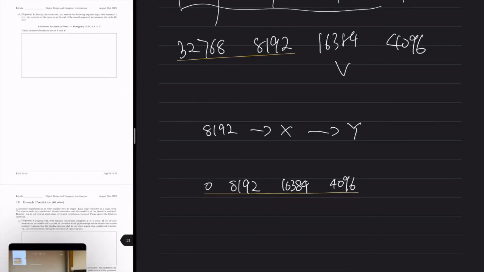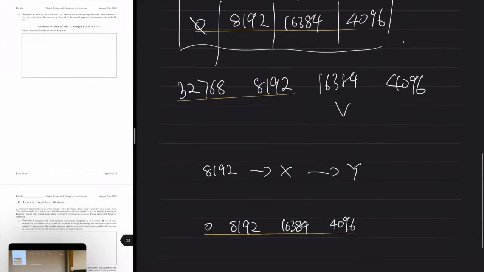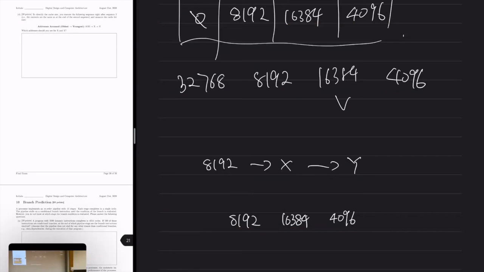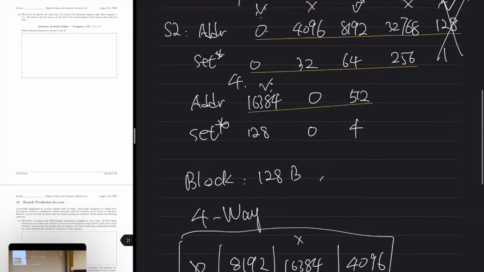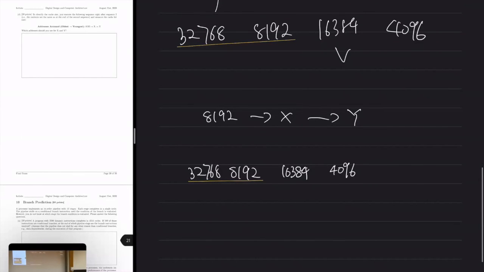Yes. Sorry, this should be this. Because for the ARU policy, this would replace the 0 as we access it here. So in this case, the ARU bit